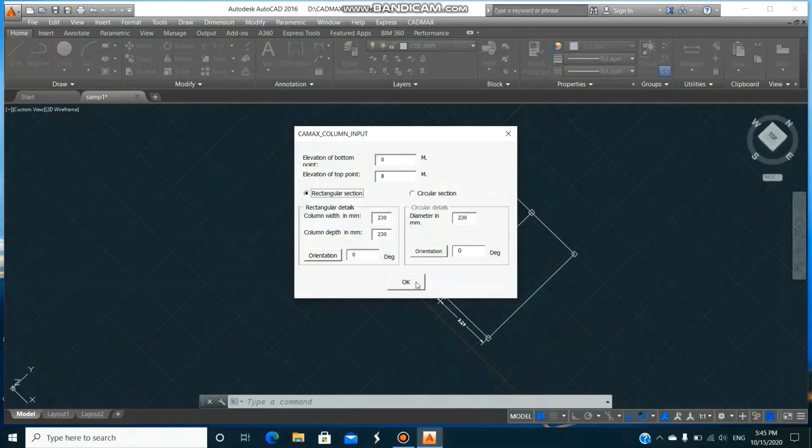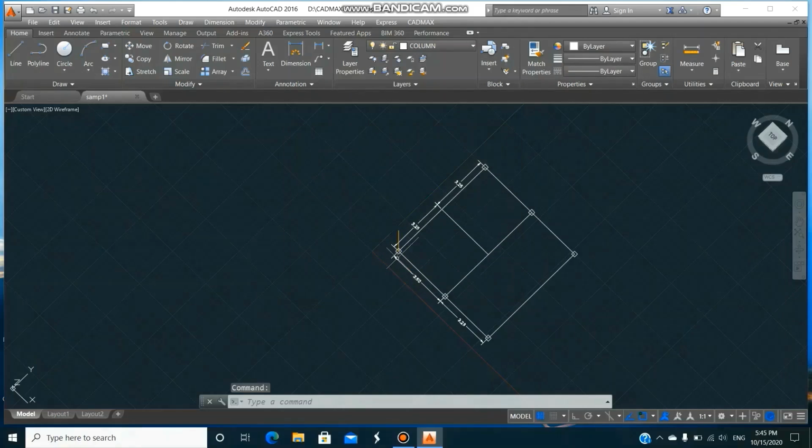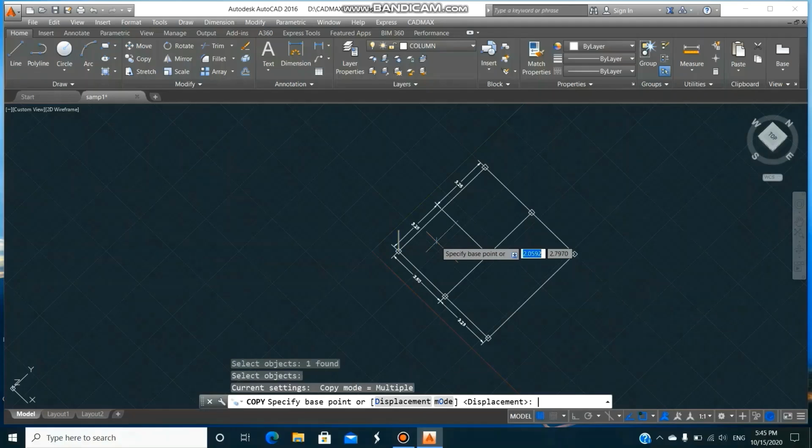You can give any size, but afterwards when the design requires more size, this will automatically increase the size of the column. Okay, you see one vertical column is there. So you can copy the same column to all the points. Okay, copy, then select object, then enter. Then this is the base point,